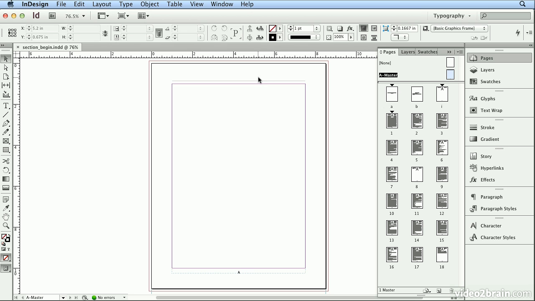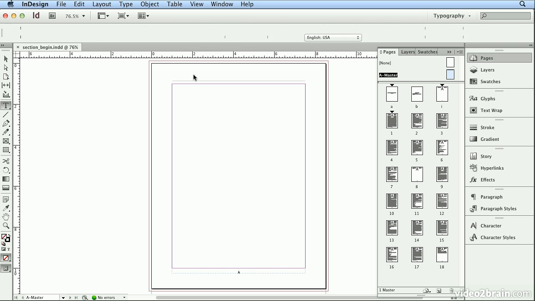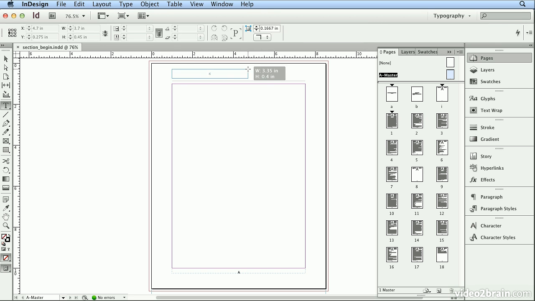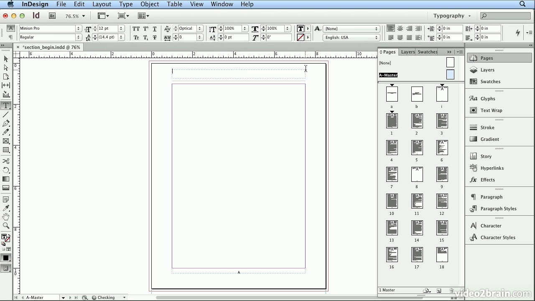I'd like to do is put the chapter name above this rule at the top of the page. So I'll grab my Type tool, and I'll start close to the bottom of that rule, and I'll click and drag to create a text field above the rule. My smart guides in green are letting me know that my width exactly matched my margins and my page number box and the rule. When I let go, you don't want to type the word section here or even the